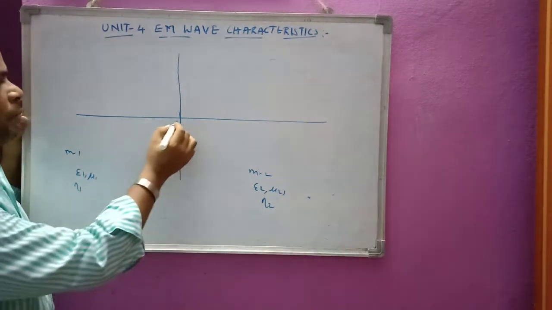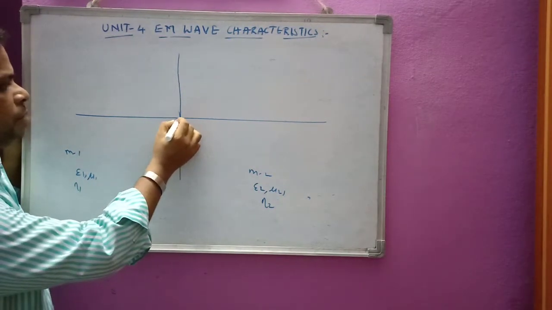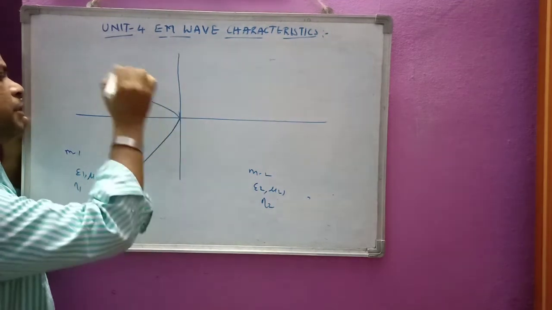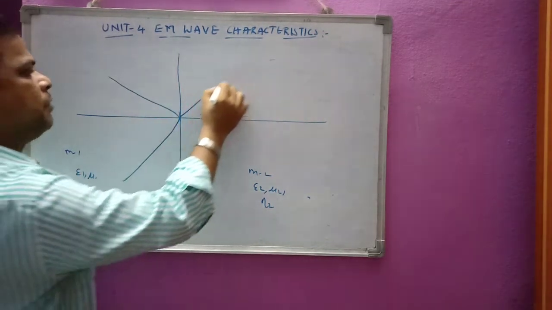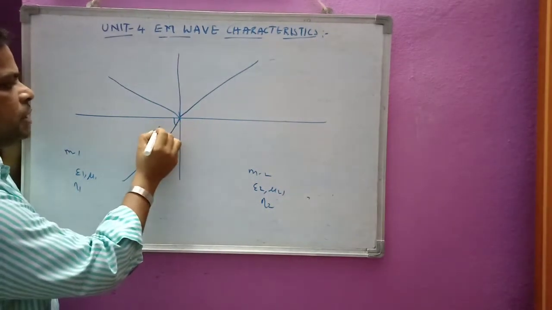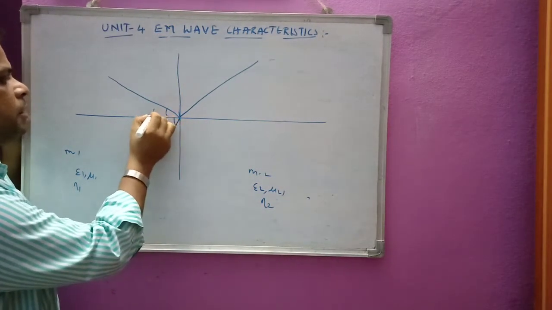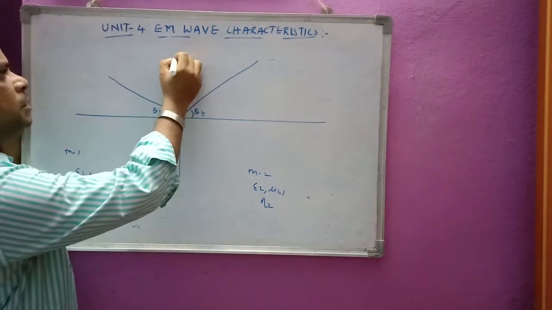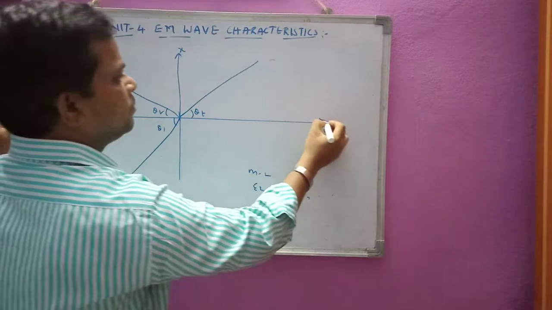Now if a uniform plane wave is incident on this medium, we are having an incident wave and a reflected wave, and similarly a transmitted wave. Let me take the angles as theta I, theta R, and theta T, which are the corresponding angles. So this is the xz plane, I can write here.